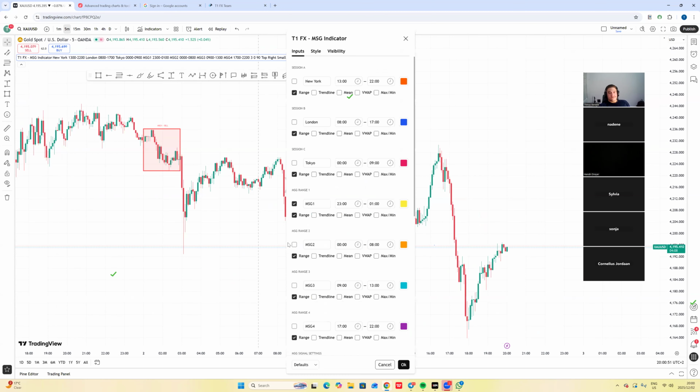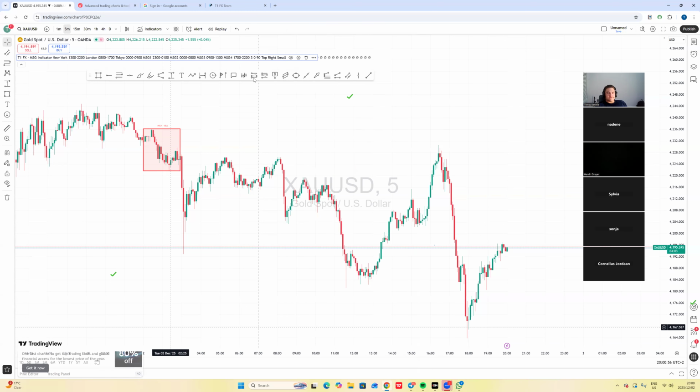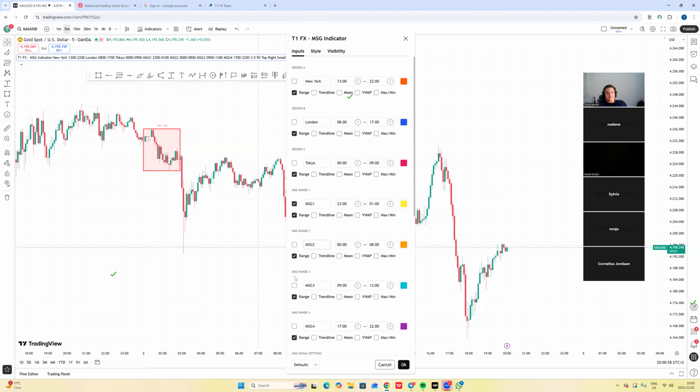But yeah, here's the whole thing. Here's the settings, guys. You can take a photo. Let me just add all the other sessions. Here's everything. Take a photo and just edit it so that it looks like this.